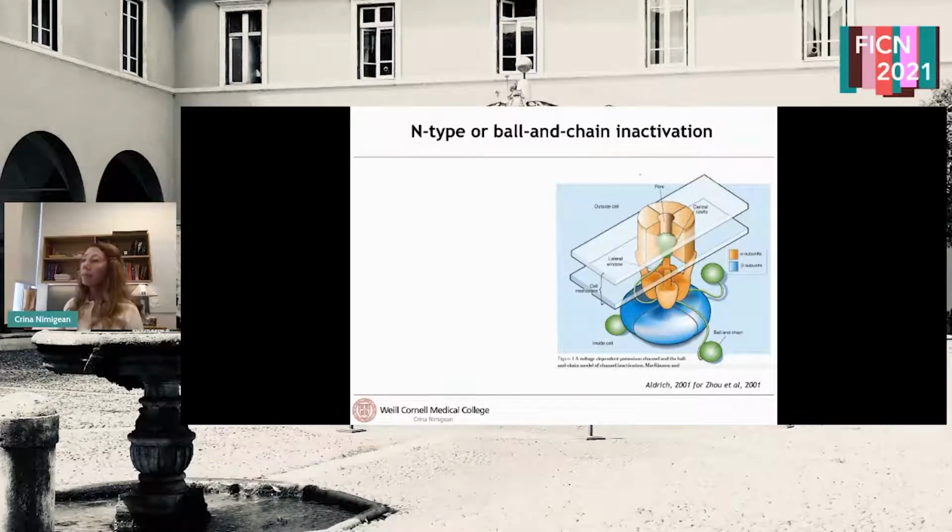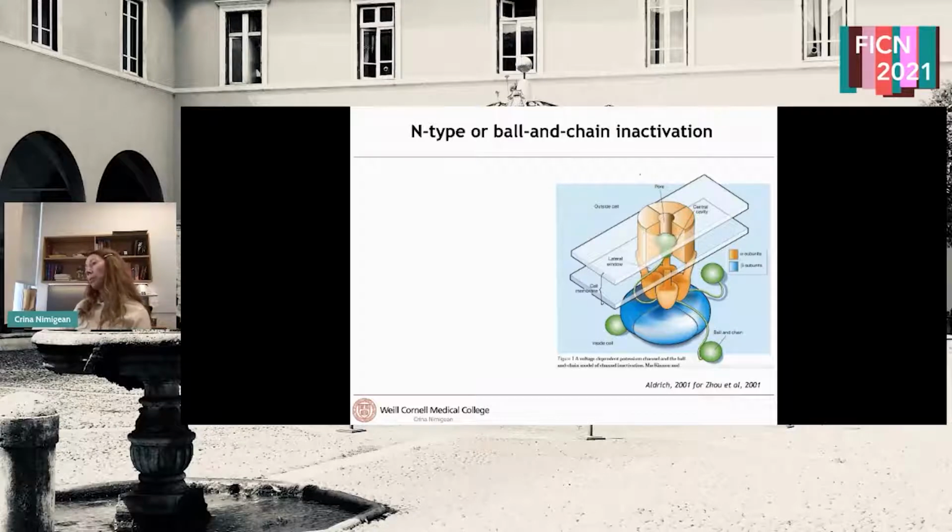Based on a mutant cycle analysis and blocker competition analysis in a Shaker potassium channel that inactivates due to the inactivation domain of a beta subunit, not of its own N-terminus but the N-terminus of an accessory beta subunit, shown here in blue,